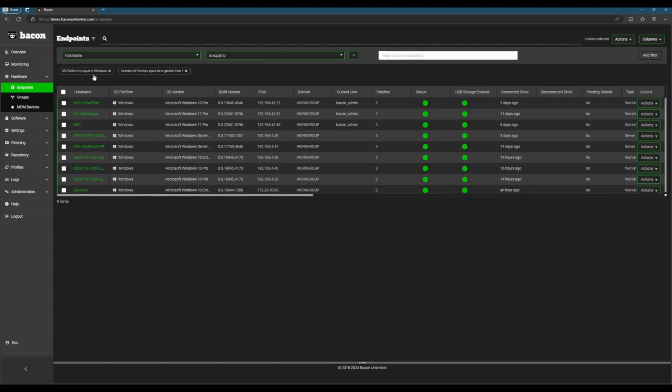And this can obviously be changed from Windows to Mac or to Linux, but we're just going to be using Windows in this case. And we're going to be really strict. We're going to say number of patches is equal to or greater than 1. You could set this to any compliance that your company needs, but we're just going to do 1 in this case. And we're going to go to actions here, and with these filters applied, we're going to click create dynamic